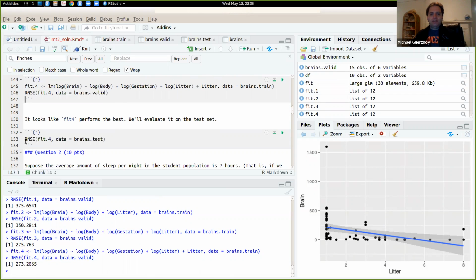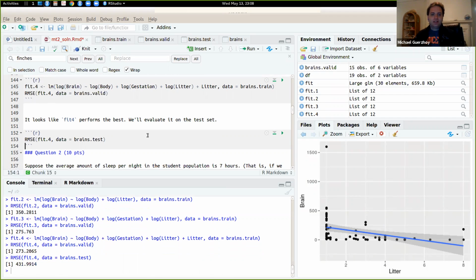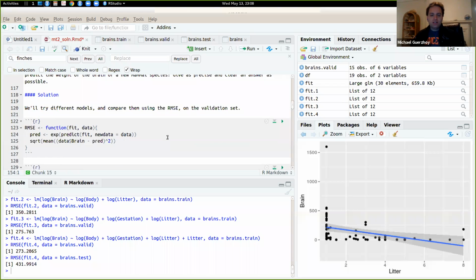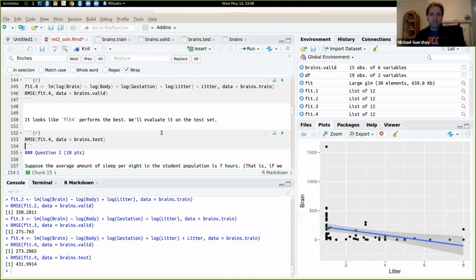So we now need to evaluate it on the test set. And what we get is 431. As you see, quite a bit larger than what you see on the validation set. But that's what you get sometimes. And so here, what's 431? So we're going to say that